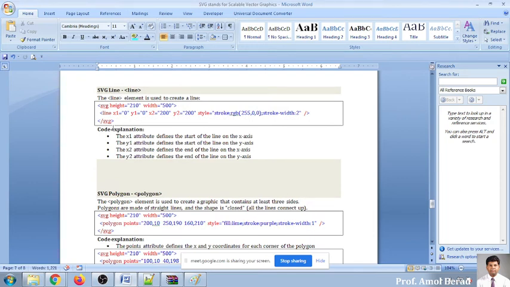Okay. So when I want to draw a line, you will see there is x1, y1, x2, y2. So you can give the attribute names as x1, y1, x2, y2. And this x1, y1 will be the starting point, from where you want to draw the line, and x2, y2 will be the end point, where you want the line to stop. So these four parameters you have to write as x1, y1, x2, y2, and you can write them as attributes in an element called line. Then only the line will be drawn. And if you want to give some colors to that, you can use CSS for the purpose of giving color to your line.